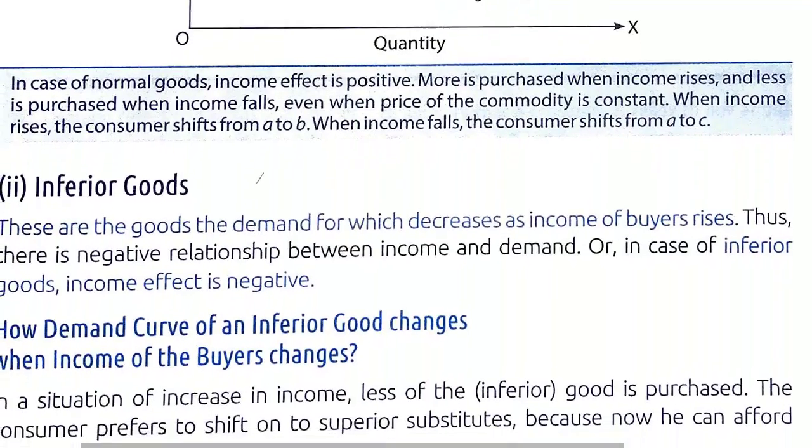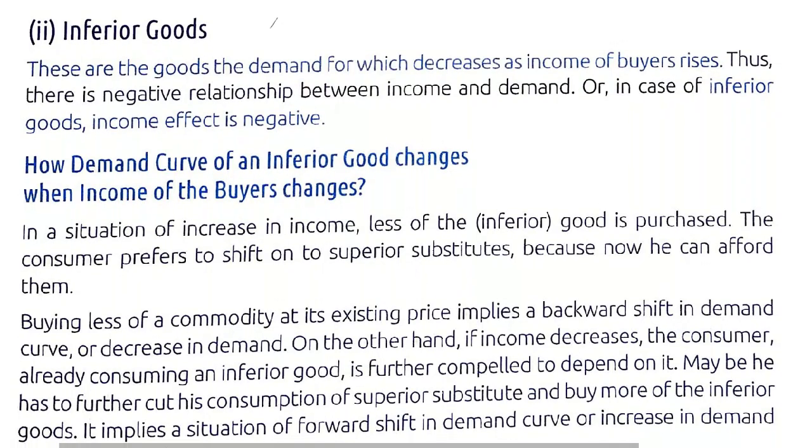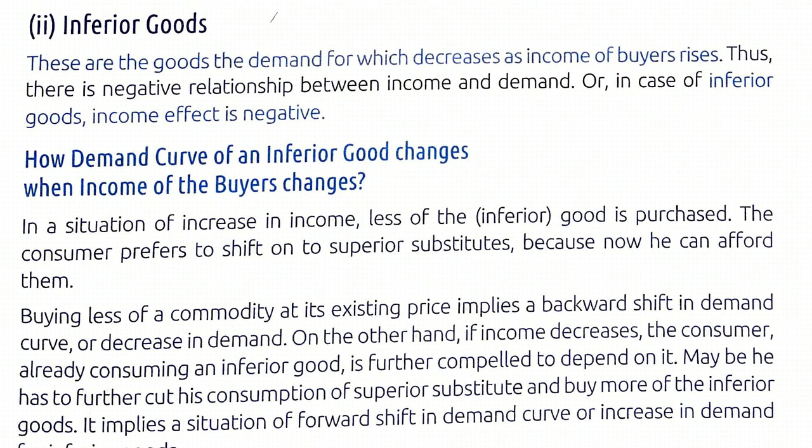But what happens in case of an inferior good? As we discussed, inferior goods are given goods. When there is fall in income of a consumer, people shift from normal goods to inferior goods, because now their income is not allowing them to purchase normal goods. So in case of food grains, you will observe that when the price of wheat or rice increases, people may shift from rice, wheat to inferior goods like bajra and jowar. So in that case, the demand for bajra and jowar will increase due to decrease in income of consumers.